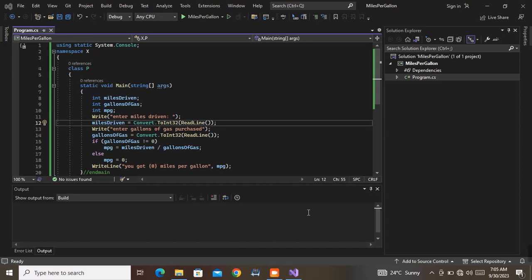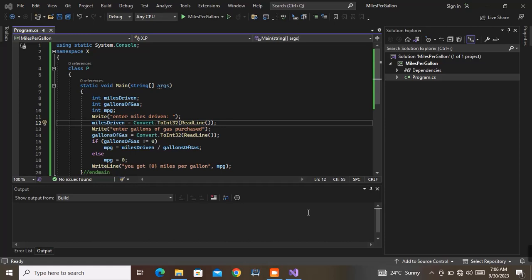Each catch block can catch one type of exception, so you cannot have multiple exceptions in one catch. You create a catch block by typing